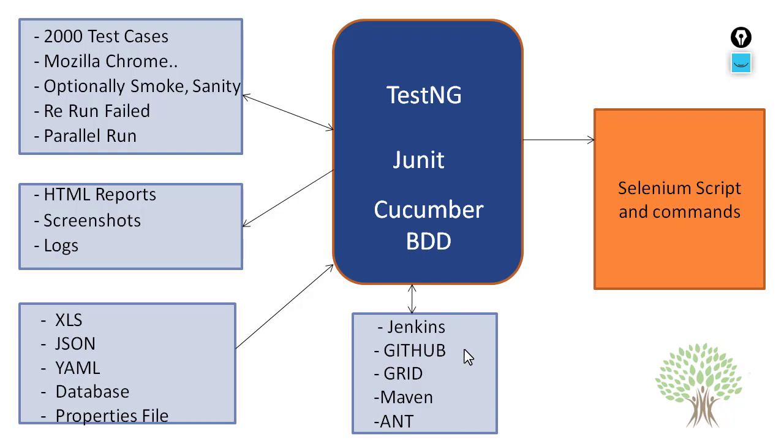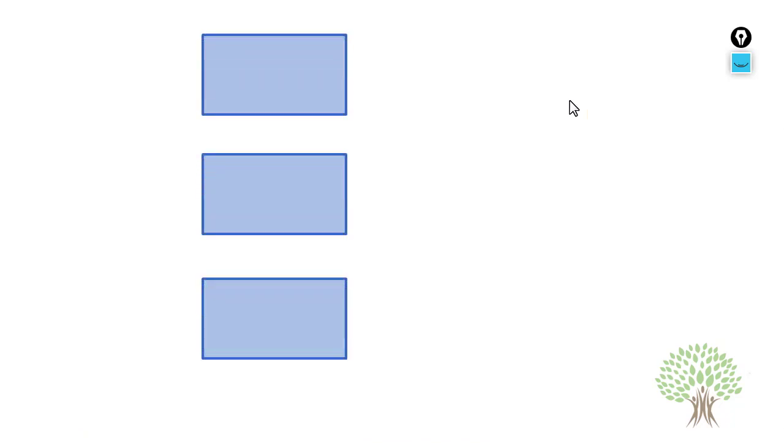This complete overall structure is known as a framework. Okay, it's an end-to-end project, and there are different types of frameworks like data-driven, keyword-driven, hybrid, page object model, Cucumber. So there are different ways or different techniques with which you can implement this particular scenario. Fine. Now if you move ahead and if you talk about Maven, fine.